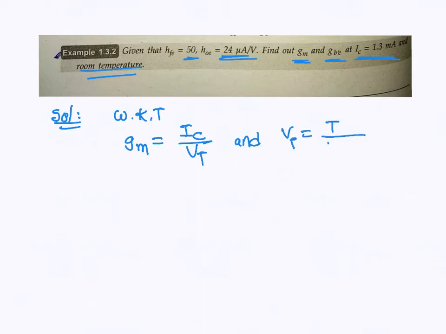So we know the formula for GM is IC by VT. He has mentioned VT at room temperature, so VT is T by 11,600. He has given T equals room temperature. So the value of GM will be,